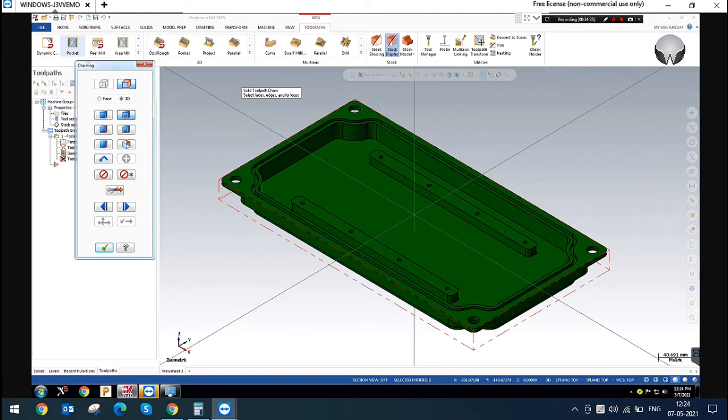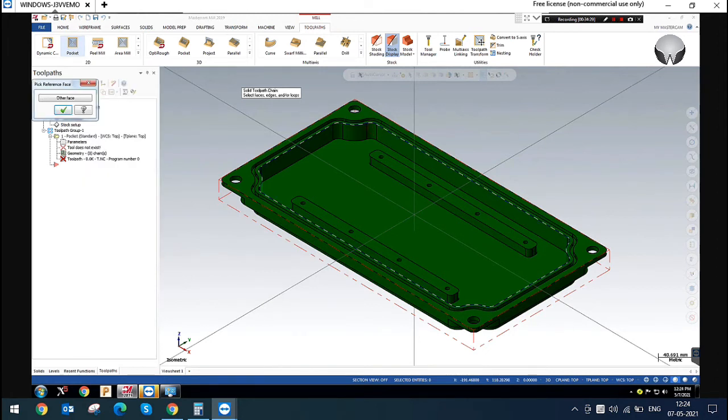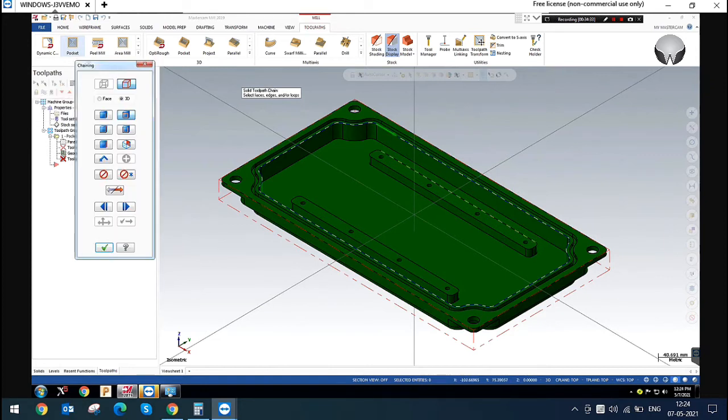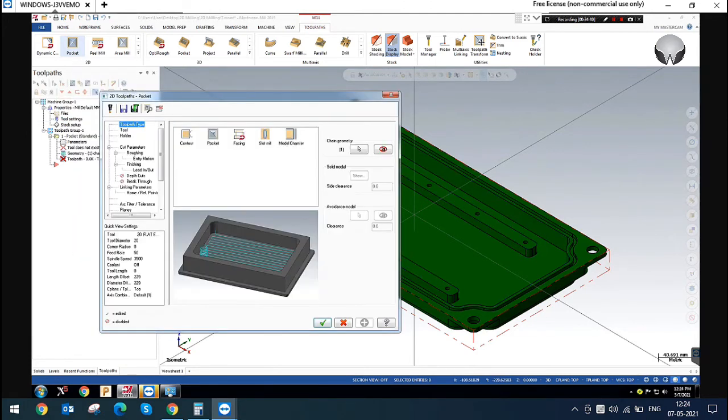Only the solid chain will be available. I'm just defining this chain. This is my pocket, and these two are my islands, right? Yes, I'm defining that.